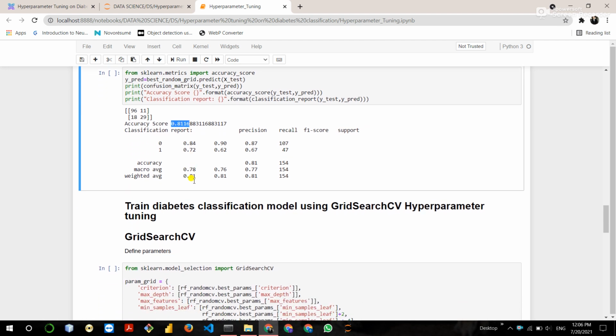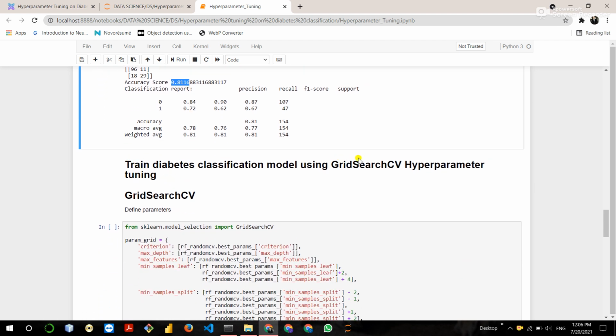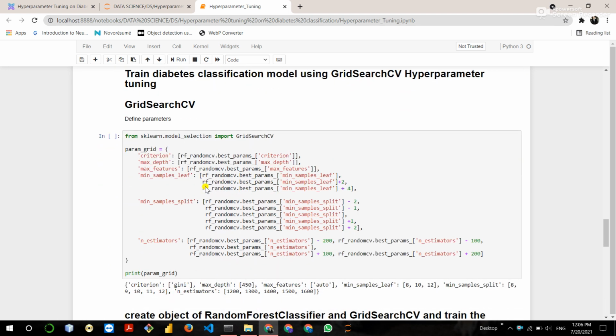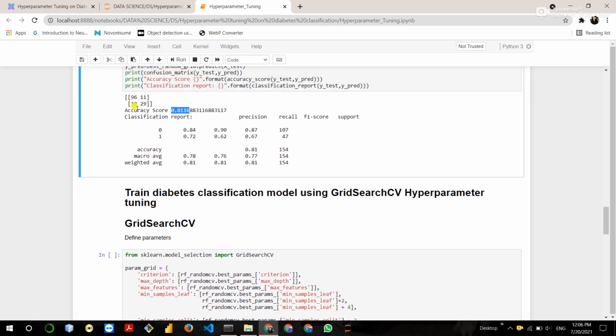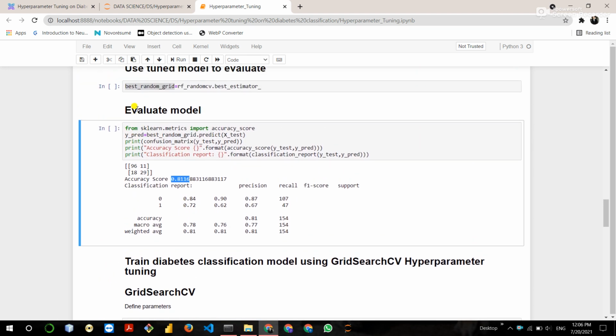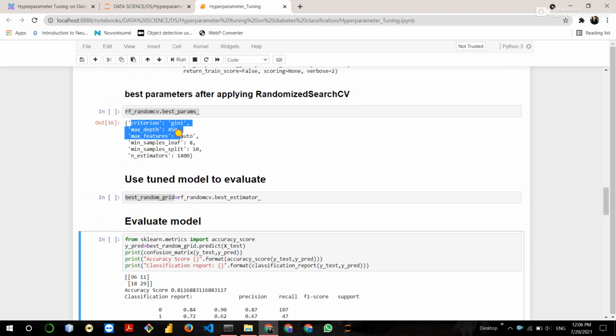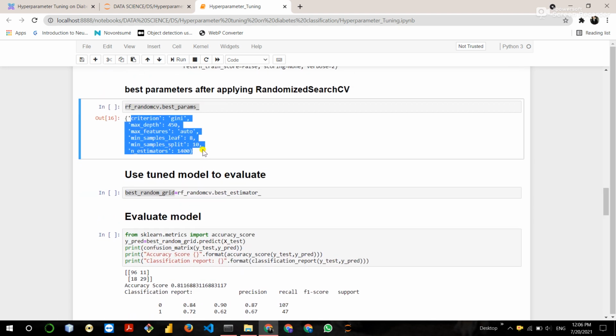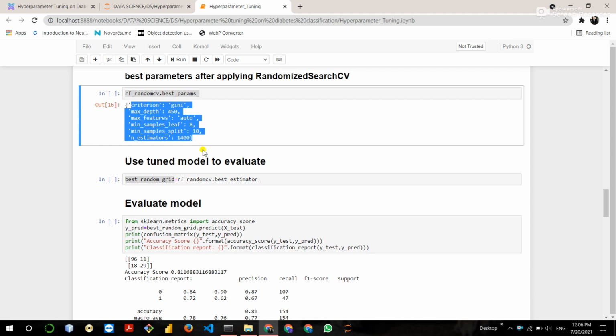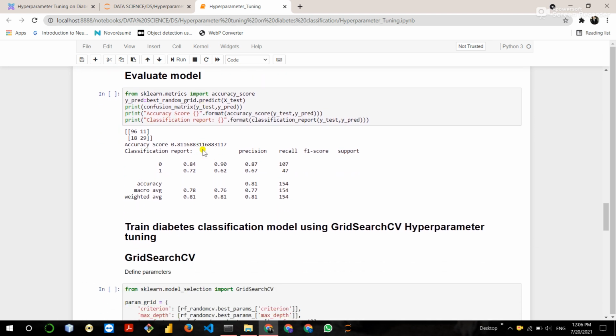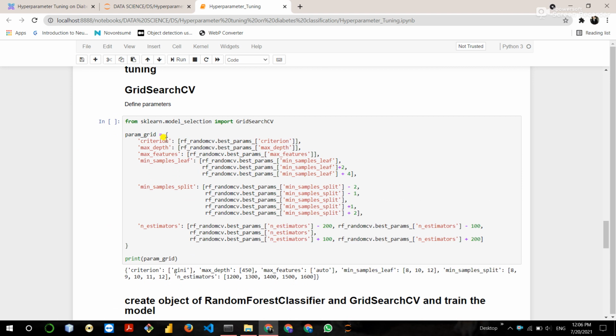Okay. Then the next technique is grid search CV hyperparameter tuning. See, this is our best parameters, and grid search CV extracts better parameters to increase the performance.